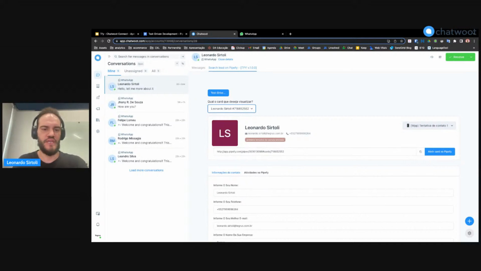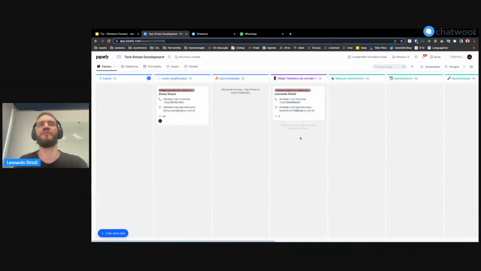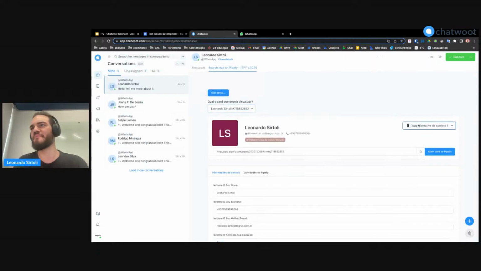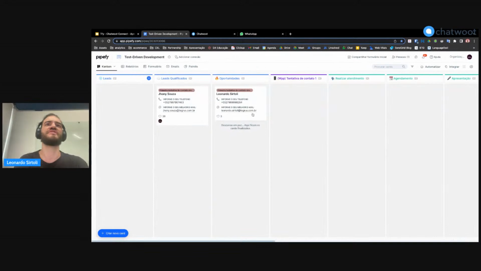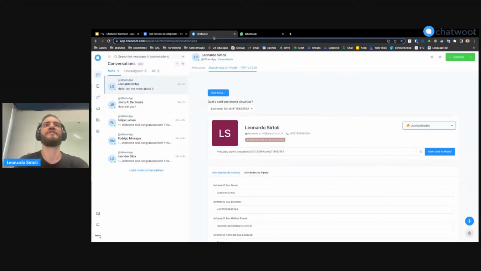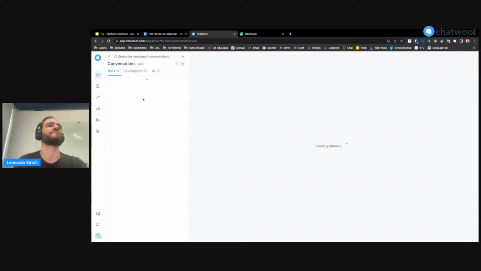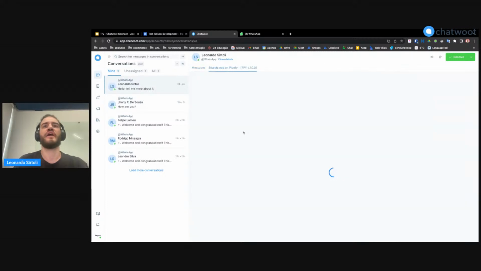For example, I have the information in which phase Leonardo is in the pipeline, in sales pipeline. For example, if this is the phase that Leonardo is, then attempt number one, you can check over here. Here's him, the fourth column. So I can, for example, change to opportunities. I've changed Leonardo to opportunities, and automatically here's the third column called opportunities. And I can move back over here, and if I refresh this page and go again,